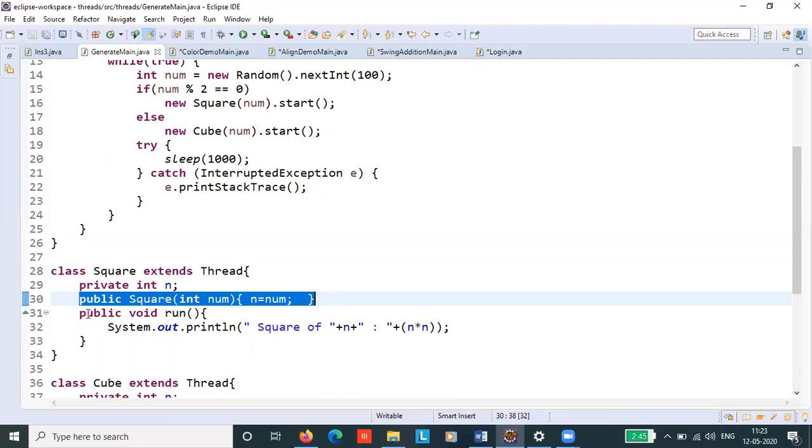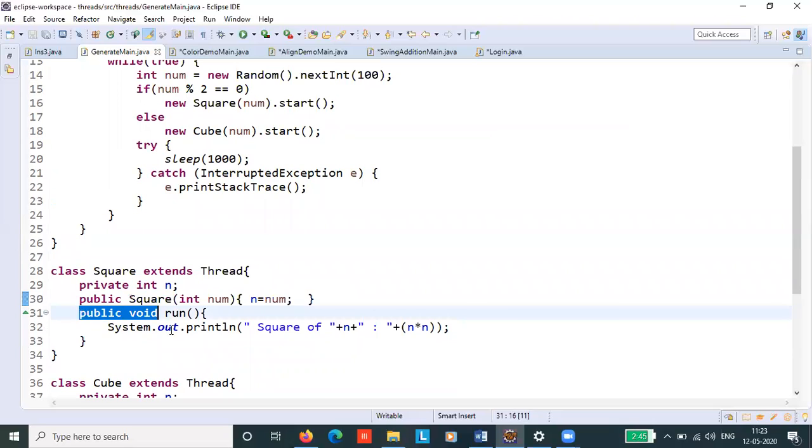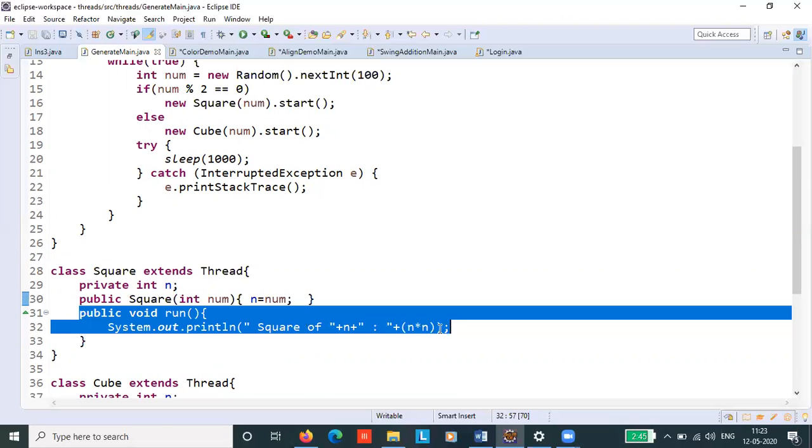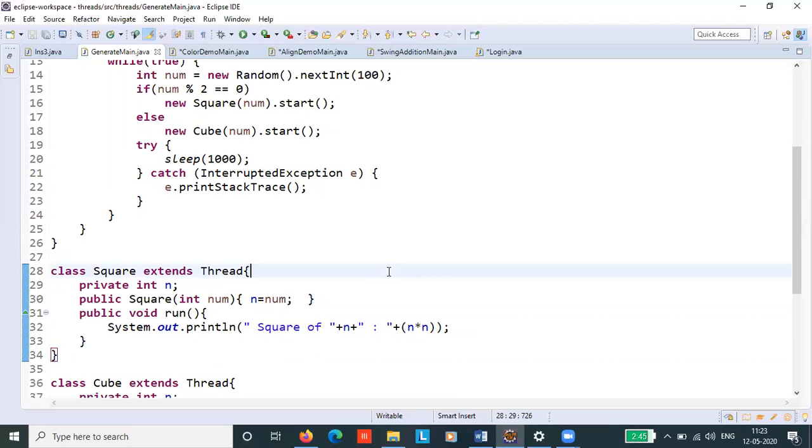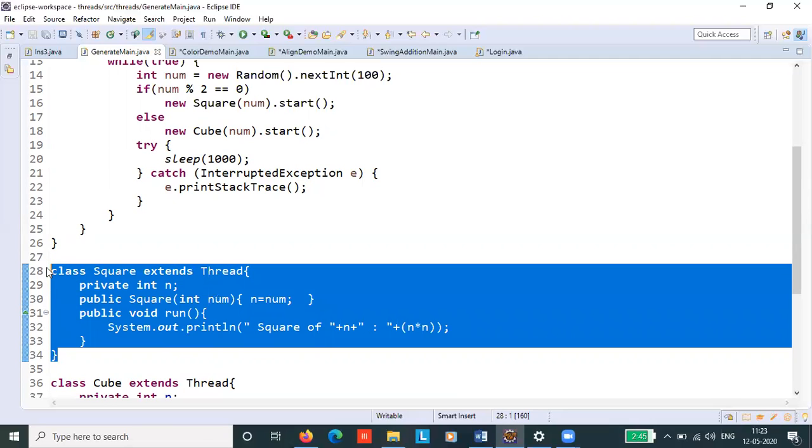The job of this run method is to print the square of that particular random integer number. As simple as that. So this is the task of the second thread, only if activated, that is, only if the random number is even.